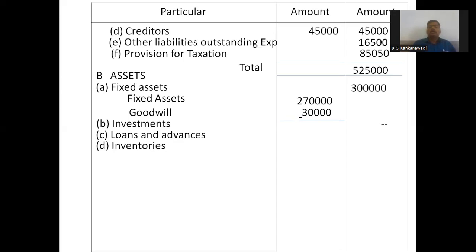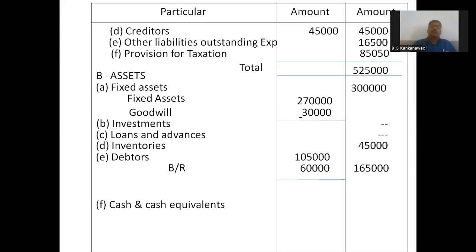Next is inventory. Inventory means you take closing stock. Closing stock is 45,000. And next debtors you write 1,05,000. You write the bills receivable. You may take this bills receivable here, or you may take the bills receivable in your cash and cash equivalent. Total 1,65,000. Cash and cash equivalent, that is the cash, 15,000. 15,000 cash you write, then other assets nil. So total is